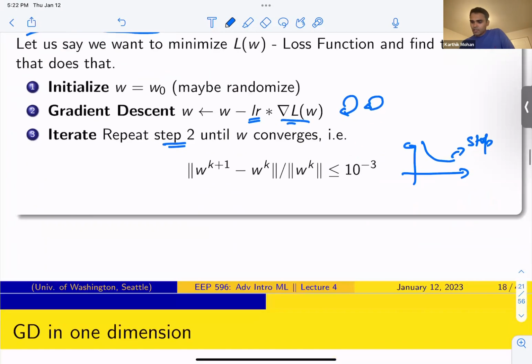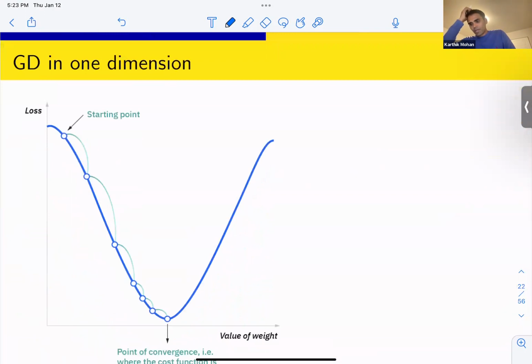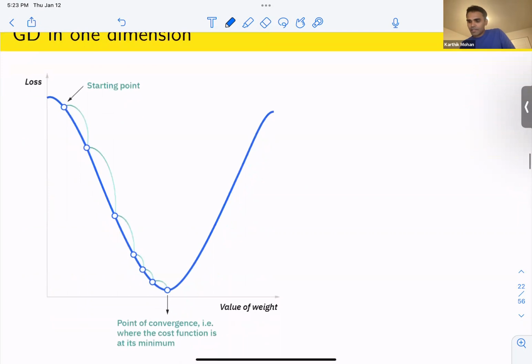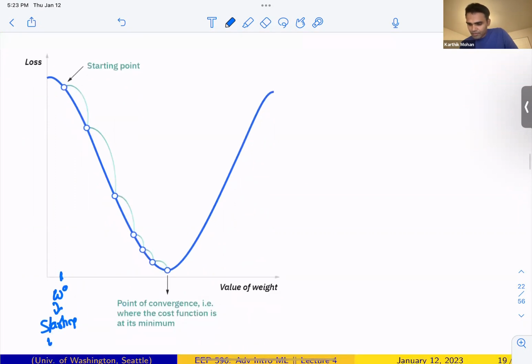Okay, so gradient descent in one dimension. This is really a starting point to understand this. Let's say I'm here. This is my W0, the starting weights. I initialized it at random. I'm here. This is one dimension, so I can only move this way or this way. So the gradient is going to point to the left or the right direction. It's very simple. I decide to take a step, and I go here, W1, and I go here, W2,